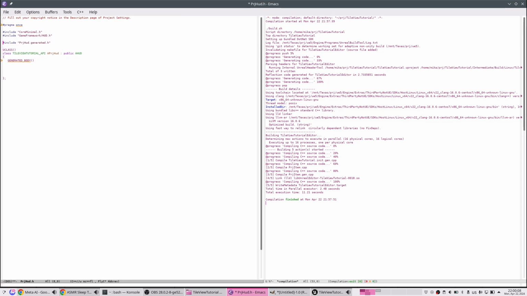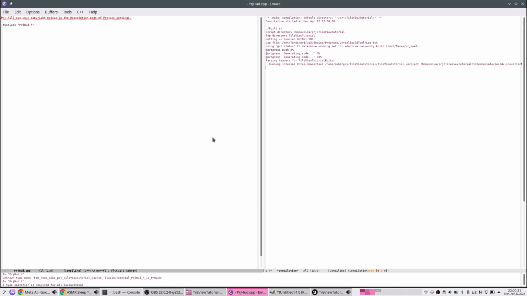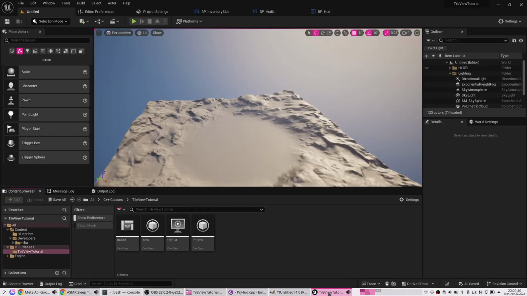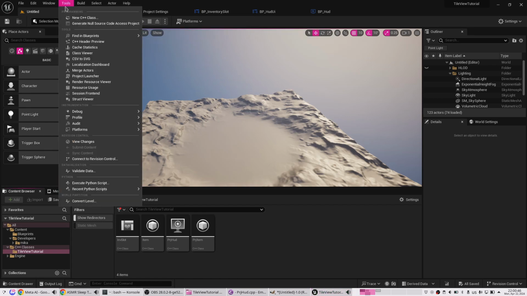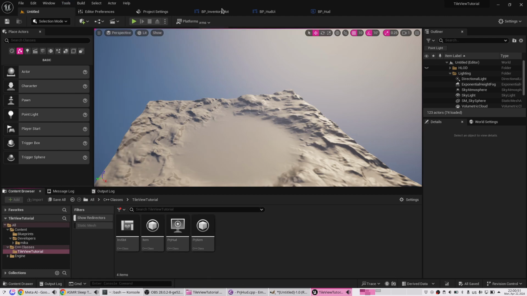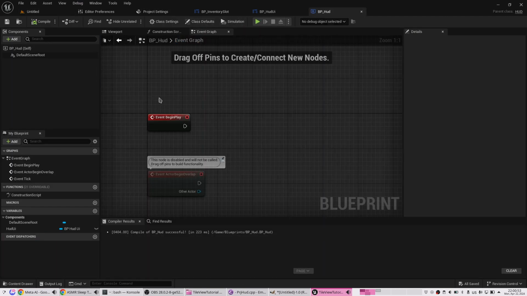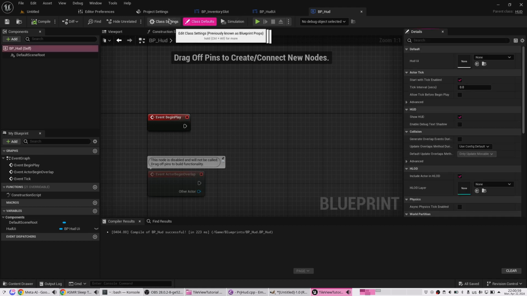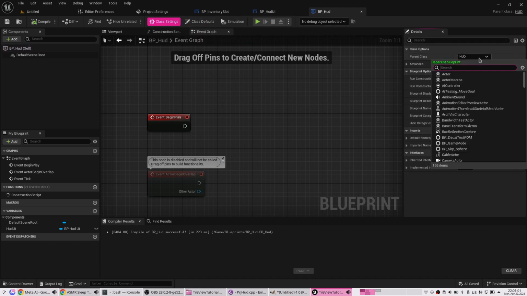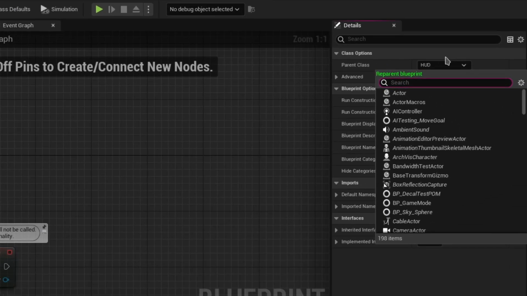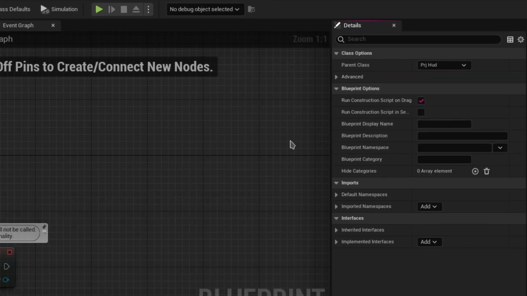So I'm going to clean it up quickly. Now we need to reparent HUD to project HUD. Class settings and reparent it like this,